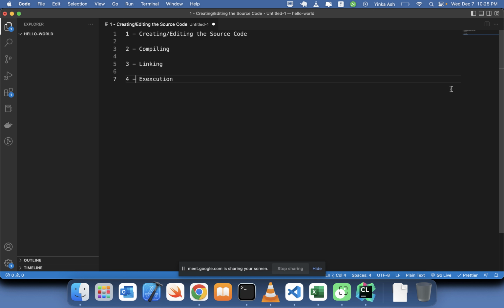So the first part is creating or editing, which is basically you writing your source code, writing the instructions that you want your program to run. For instance, like we said, the hello world. You want the hello world to be displayed on your screen, and then that source code is compiled and eventually linked. When it comes to the compilation phase, it is compiled and it produces something called